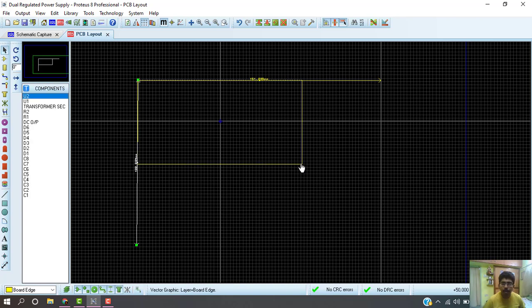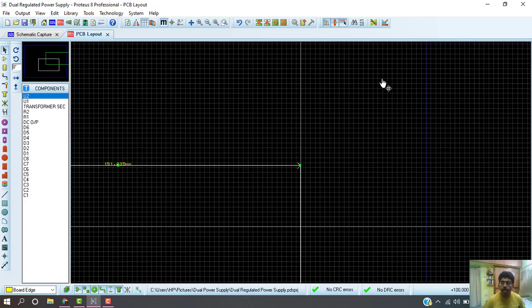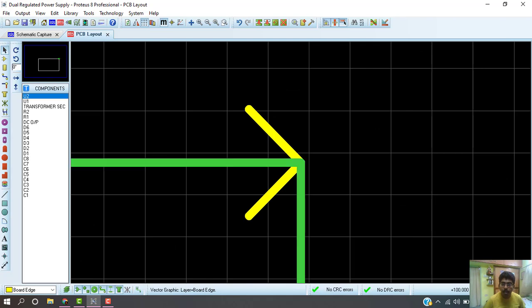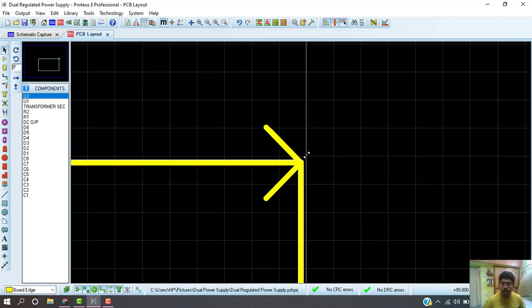So you select the arrow and then select the rectangle. Then try to increase the length and breadth of the board as shown. Okay, you see the length is the same as the arrow size.